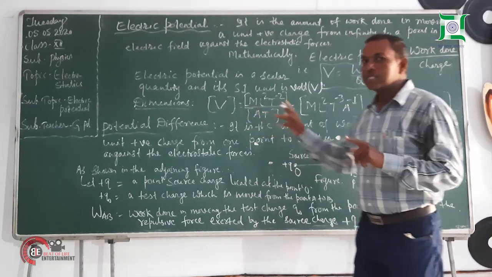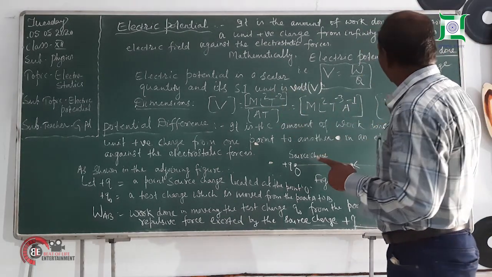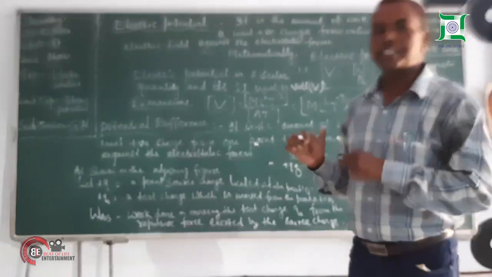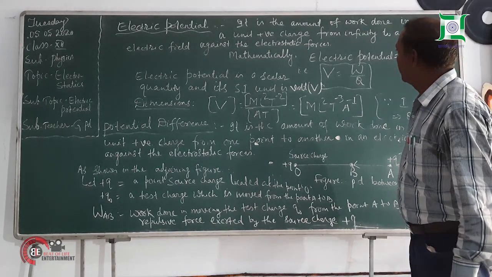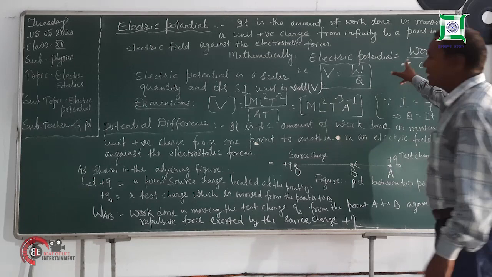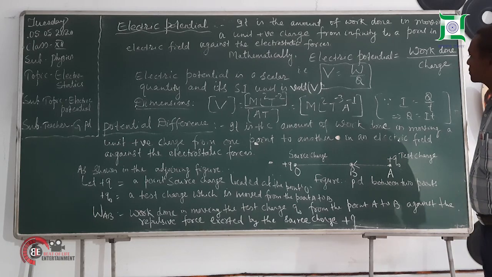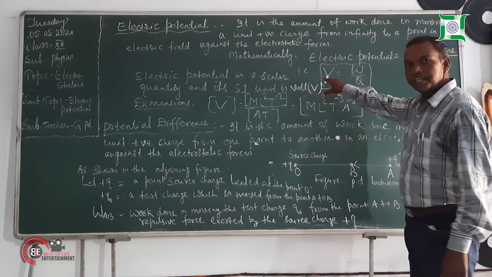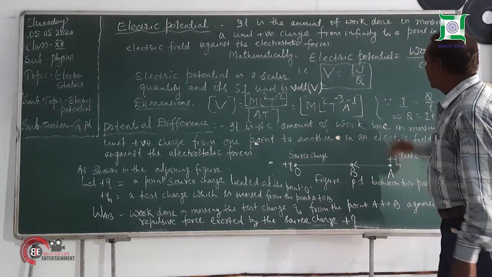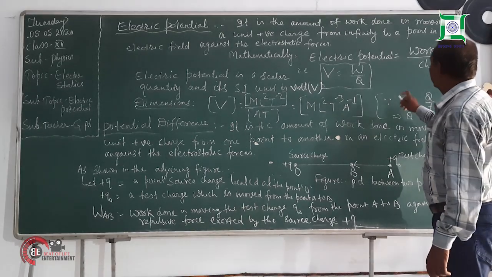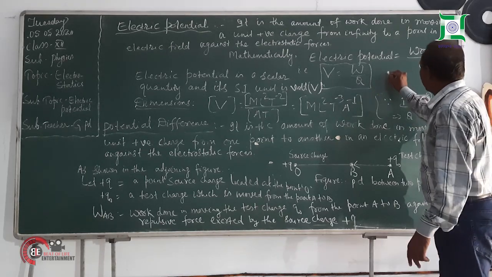Electric potential is the amount of work done in moving a unit positive charge from infinity to a point in an electric field against the electrostatic forces. Mathematically, electric potential is expressed as V is equal to W by Q. Suppose W amount of work is done